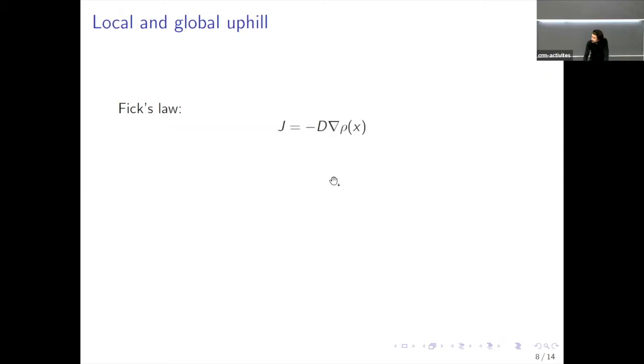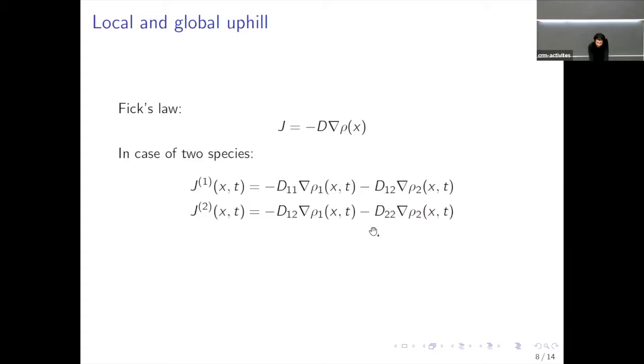We know that Fick's law says that the current of a species is proportional to minus the gradient of the density. And in the case of two species, we have to write the currents of the two species by considering also the crossing diffusivity. Can we violate this law? By violating